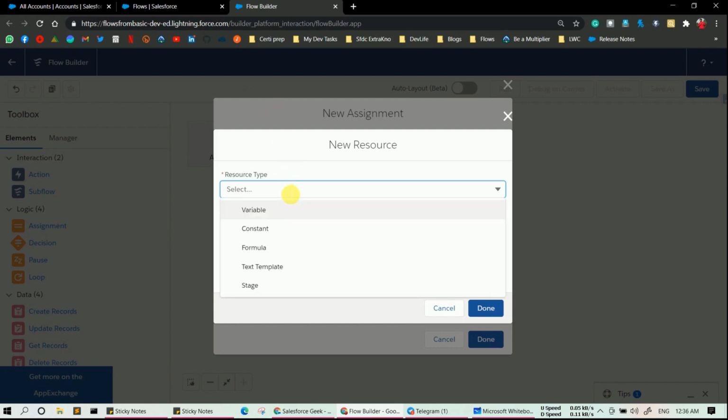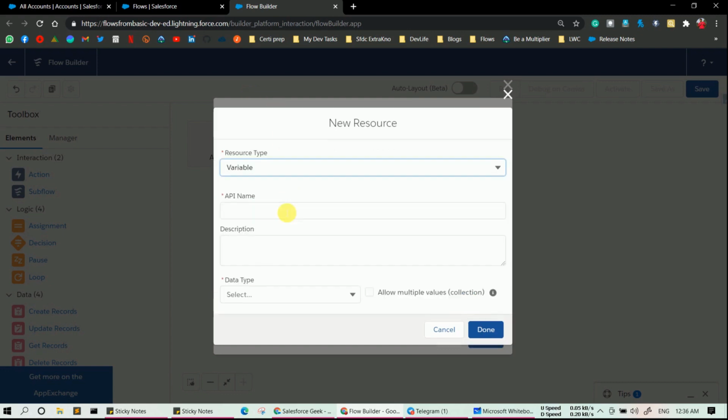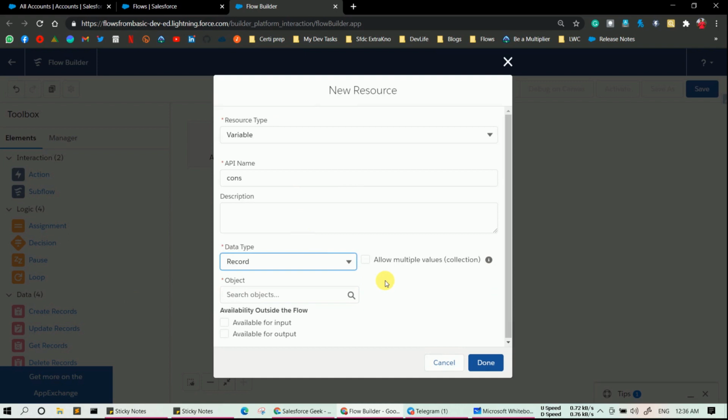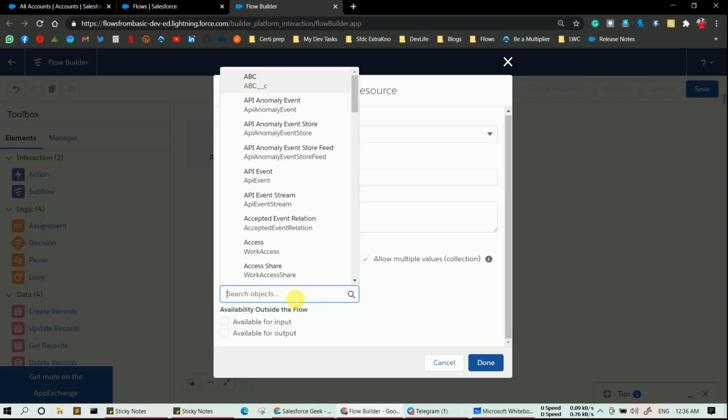So for that you need to create a variable, click on API name and type cons, and the data type will be record, and this time you need to select allow multiple values, because you are going to collect all the contacts.